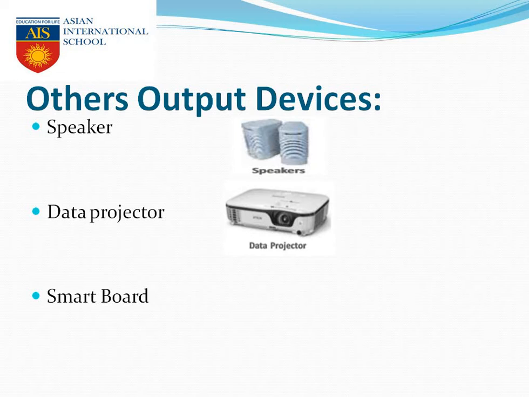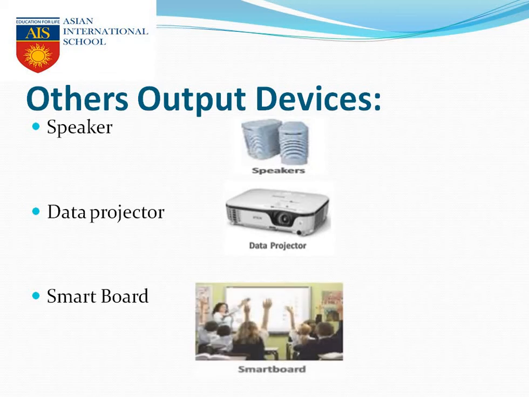In case of a smart board, whatever you write on the smart board, you can directly save it to your machine. You don't have to do anything else. I think the difference between a data projector and a smart board is clear. Now we use this smart board in schools and so on,